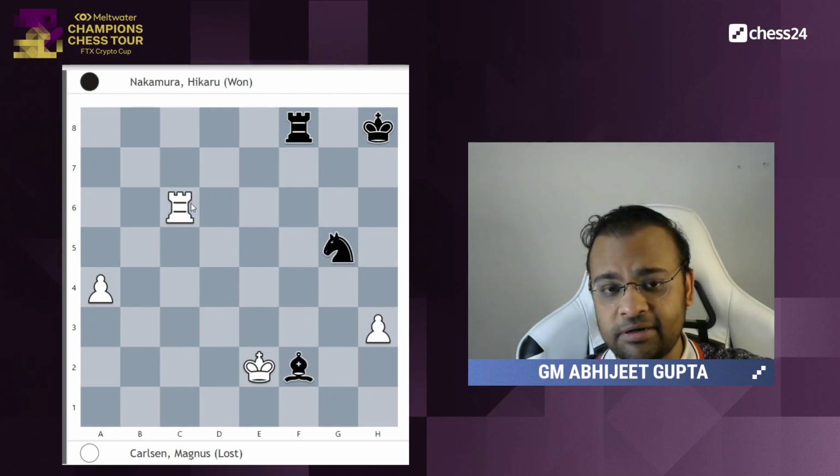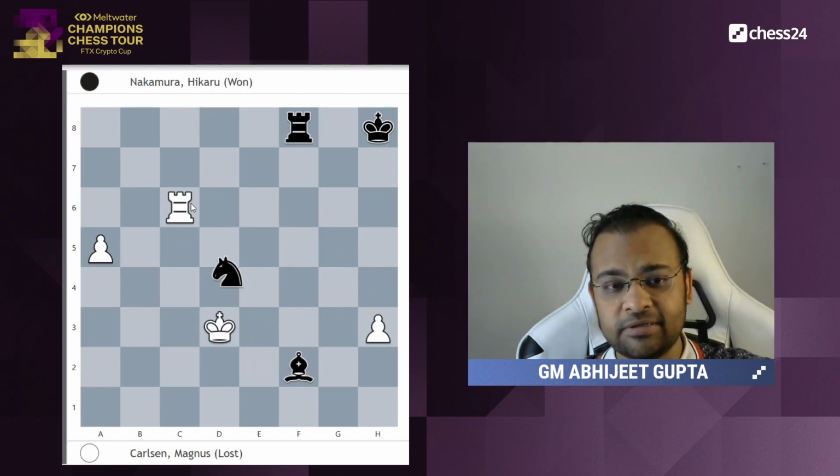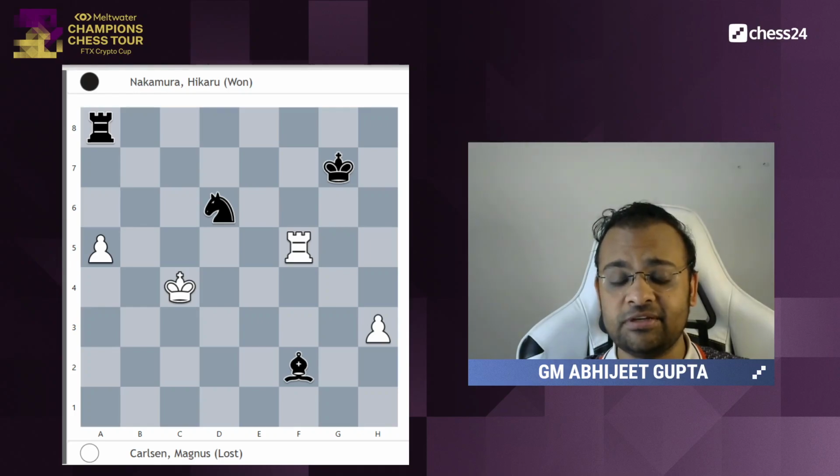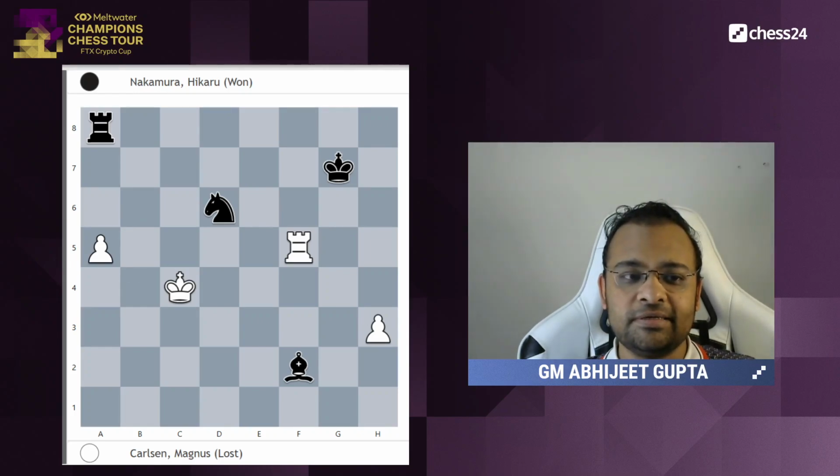Carlsen still continued for a while, but the result was never in doubt. Rook h6, king g7, and finally Carlsen won the rook as well, and now he resigned. So this was the first game of their match today. And now let us see